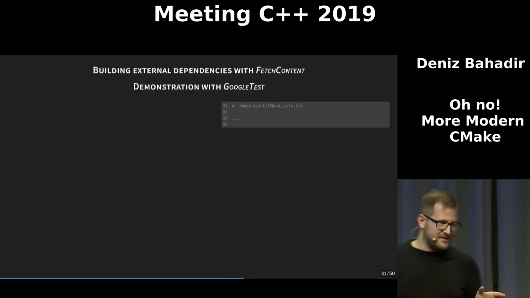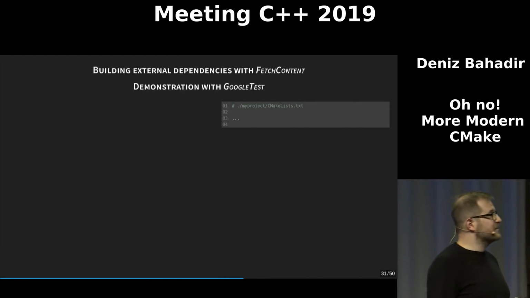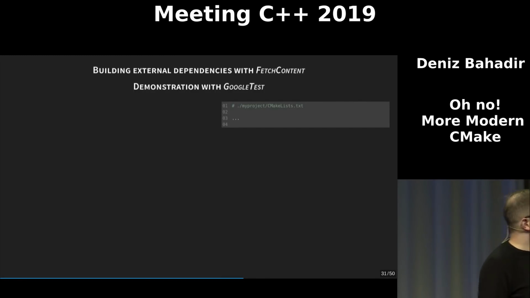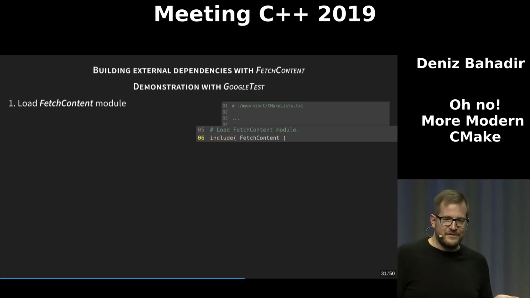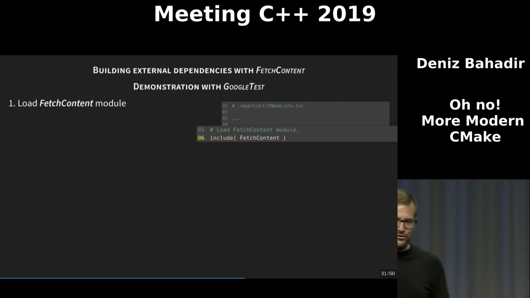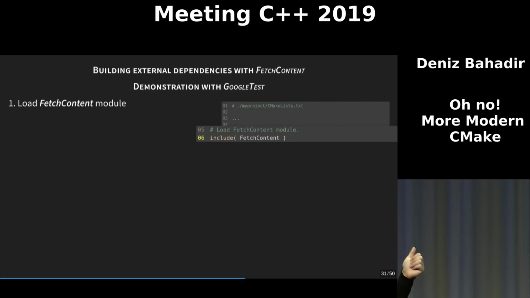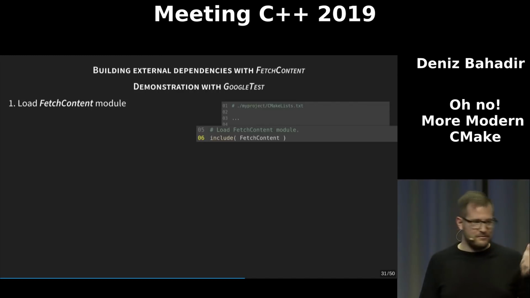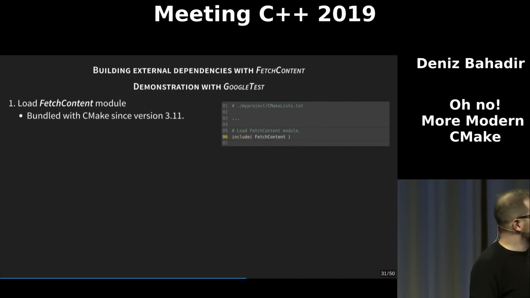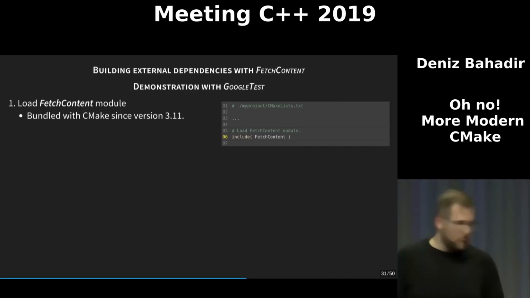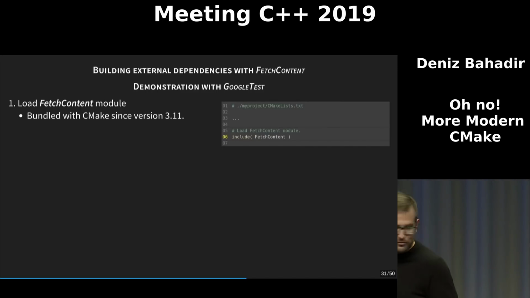That's also what is in the documentation of FetchContent, by the way. So the first thing we have to do is load the FetchContent module. Note we don't do this with find_package, we do it with include. Because it's coming with CMake, we can go this way, and it's in CMake since version 3.11. So if you're using a more recent version, which you should do, there should be no problem finding that